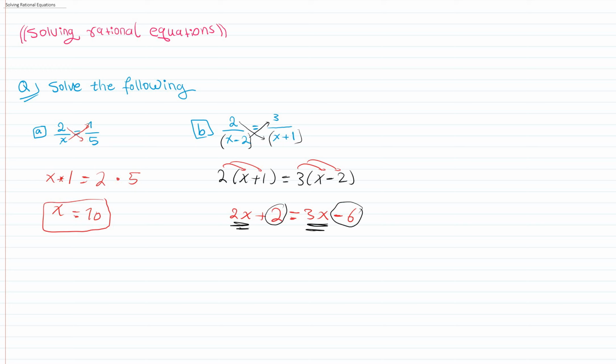In order to solve the question, finding the value of x, you need to move the variables to one side and the numbers to one side. So here I can move 2x to the side of 3x and negative 6 to the side of positive 2. So negative 6 when you move to the other side is going to be positive 6, plus we have already 2 here, equals 3x already on the right side, and positive 2x when you move to the other side becomes negative 2x. So students, positive 6 plus positive 2 equals positive 8, or we can write only 8. 3x minus 2x equals only x. So the final answer equals